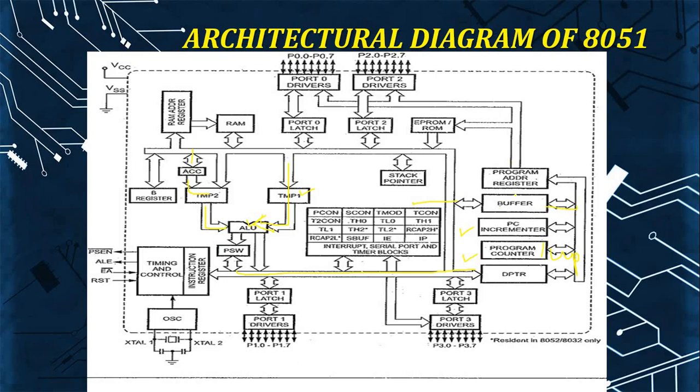Once the data have been separated, what does the program address register do? The data that are finally executed will be maintained in a register. Just think of an example. In an institution, the tasks to be completed are maintained in a register. Like that, the program address register maintains them in a register.